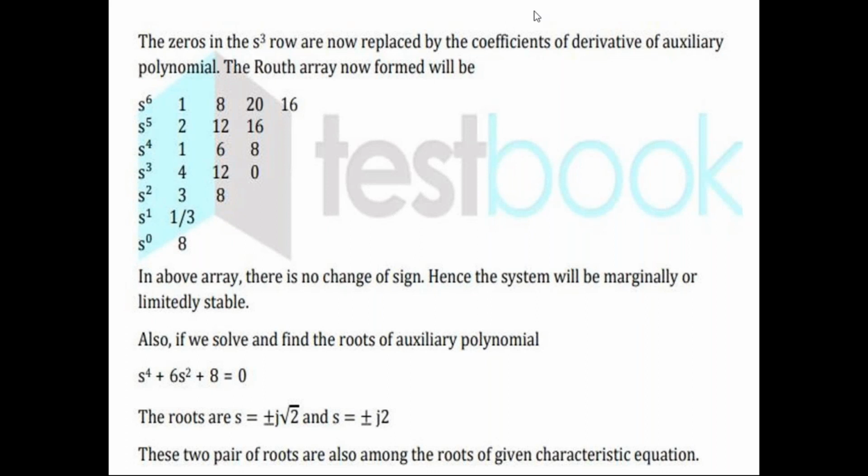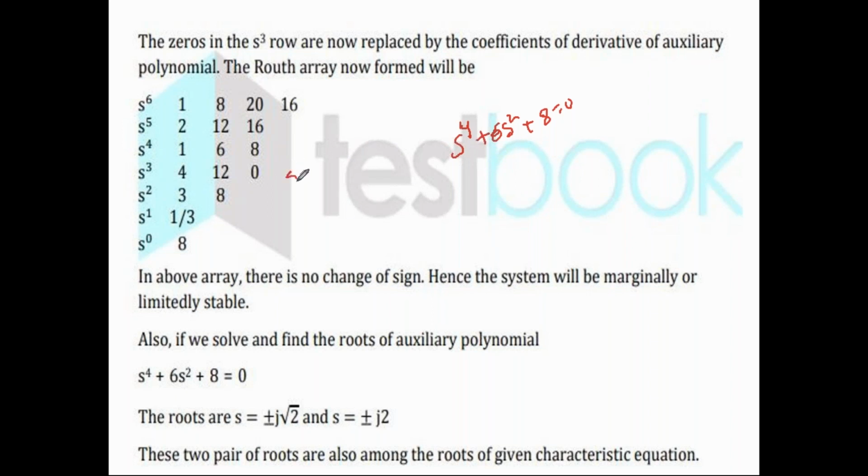Why? Because ఎందుకు ఇక్కడ చెప్తానంటే, first of all, you have to find the roots of the auxiliary equation. So s power 4 plus 6s square plus 8 equals to 0. ఓకేనా? దీని రూట్స్ కనుక్కున్న తర్వాత ఈ రూట్స్ కనుక ఇమాజినరీ అయితే దెన్ ఇట్ ఈస్ మార్జినల్లీ స్టేబుల్. ఇఫ్ ఇట్ ఈస్ రియల్ వాల్యూస్ దెన్ ఇట్ ఈస్ స్టేబుల్ కండిషన్. ఓకేనా? సో దట్ యూ హ్యావ్ టు కన్సిడర్.